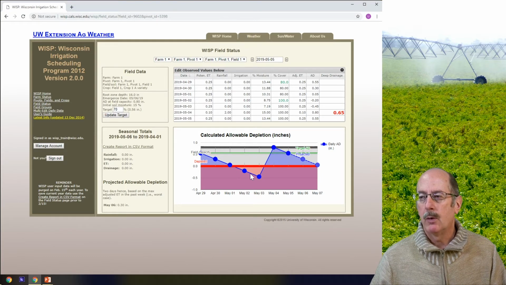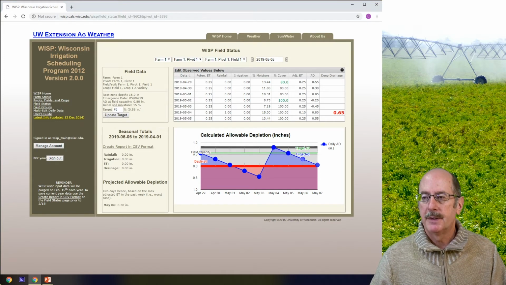When water levels drop below that line, plants begin to experience stress. The idea behind a partial irrigation strategy is that by not filling the profile completely up to field capacity, you're allowing some additional space that can be used to store rainwater, and hopefully you can take better advantage of that rainwater.